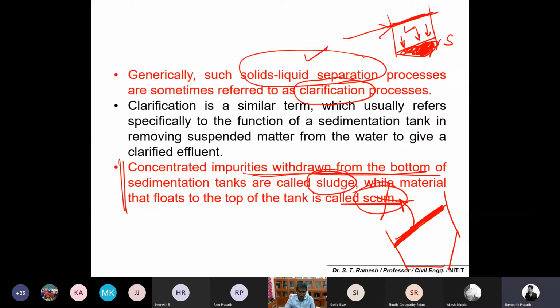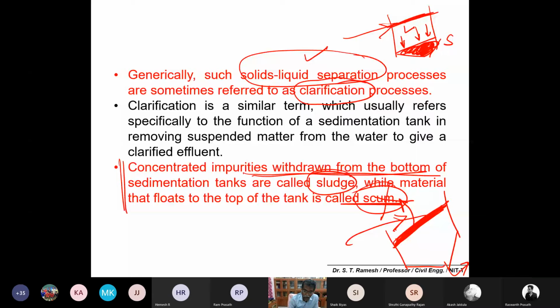Please remember what sedimentation is, what settling is, what consolidation is, what clarification is, what sludge is, what scum is, and the mechanism behind sedimentation. You can remember it simply as an action by gravity. The main objective is to reduce the load on the filtration units, which is the primary objective if you remove all the destabilized colloids well in advance.